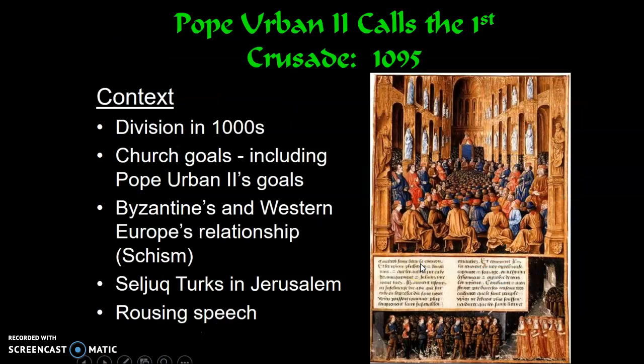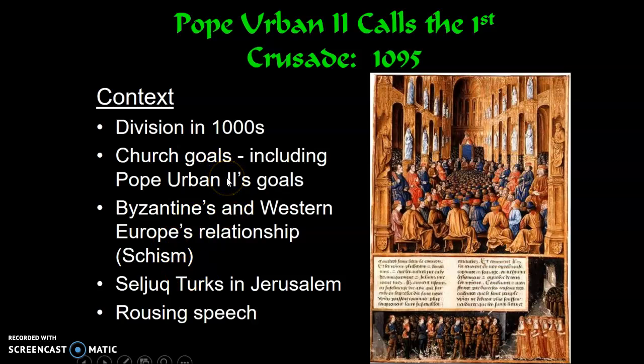Some of what is going on in the Frankish kingdom is a lot of political strife. There's a great deal of division, and the church is trying to expand its power in a political vacuum. It has an opportunity to do that, and we see the Pope calling for a crusade almost as a religious activity rather than the state calling for some sort of military assistance to help the Byzantine Empire.